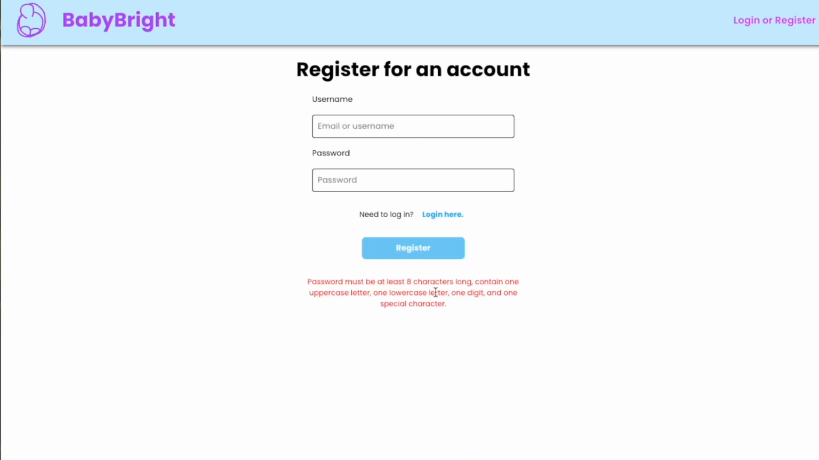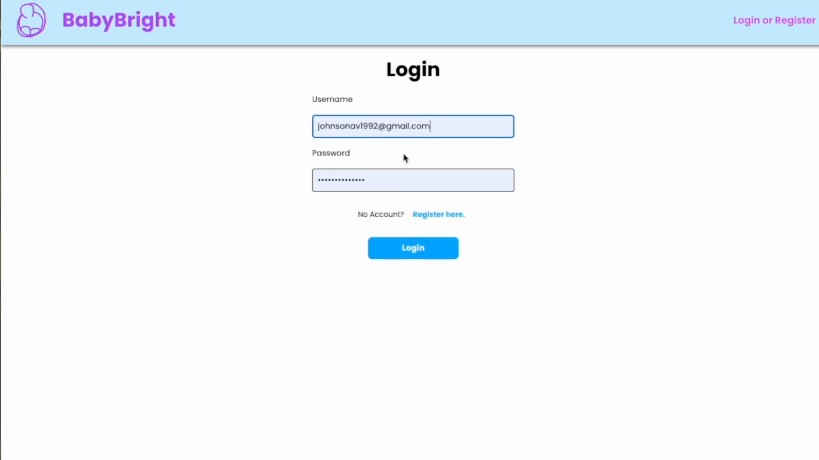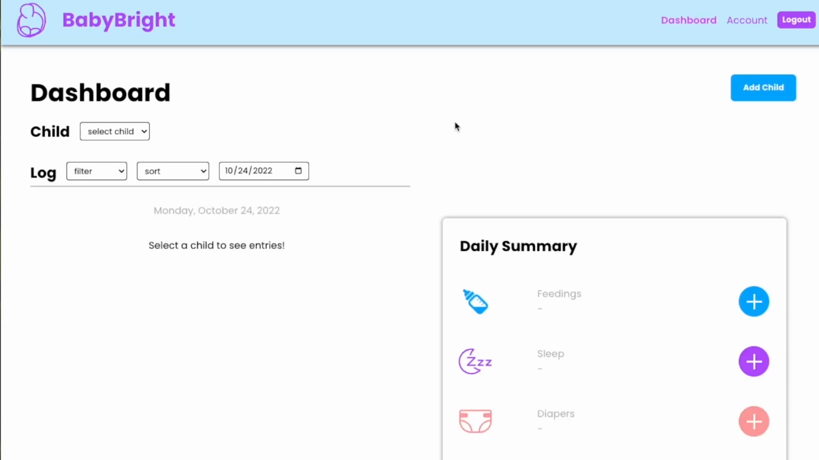In the event, however, that a password is not strong enough, I made sure to include back-end validation in order to ensure that users are creating strong passwords. Rather than creating a new user account, however, I will go ahead and log in with one that I have pre-prepared. The user is then directed to the dashboard page on login, and this is the main area where a